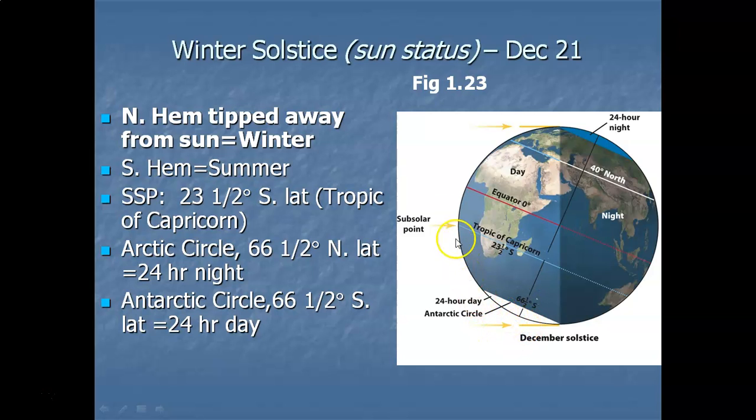Now the thing is that the sun is not really high in the sky. We're at the bottom of the Earth. And so the sun is really just making a very, very low sun angle just above the horizon. The sun isn't setting, but what it appears to do is rotate around the horizon continuously for several weeks. But is it the sun rotating? No, it's the Earth rotating in relation to the sun. So even though they're experiencing total daylight, they're not really getting much heating since the sun is very, very low